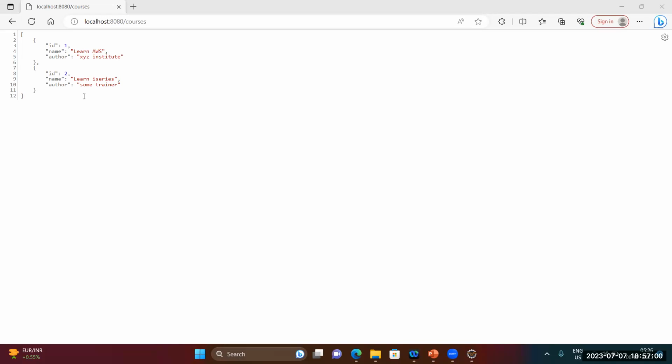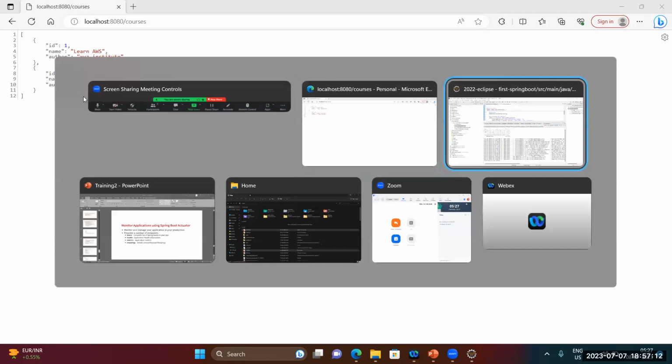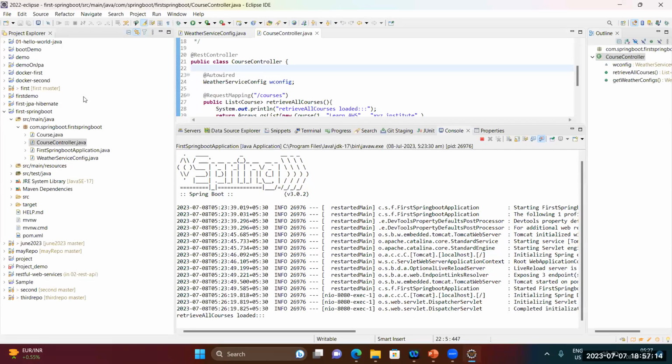Let's go back and check what exactly the Java class, which we call a REST controller, is going to do. In the REST controller, I have created a service, which is going to return these values. So what are all the services? If you see here,